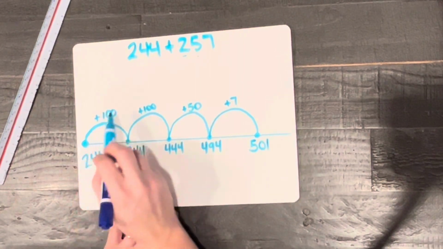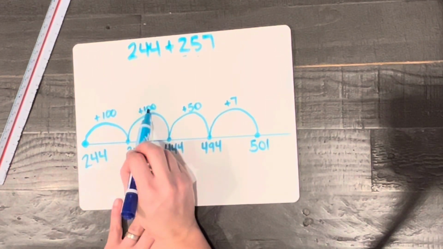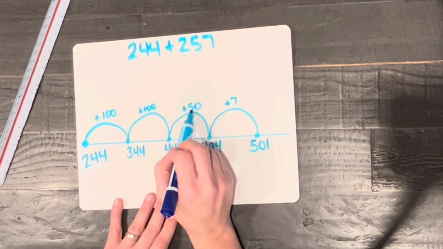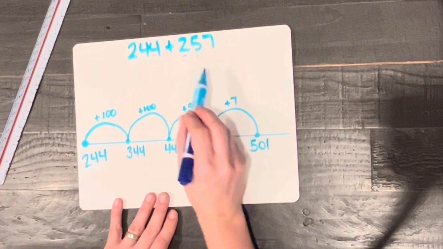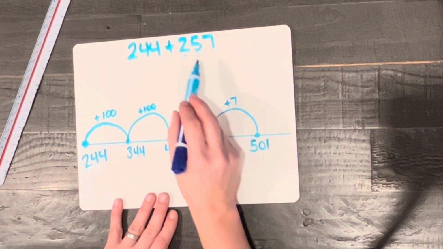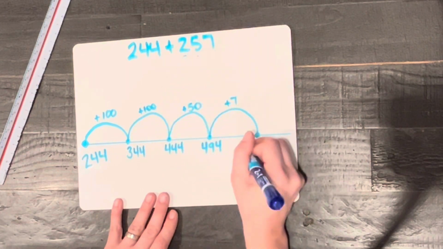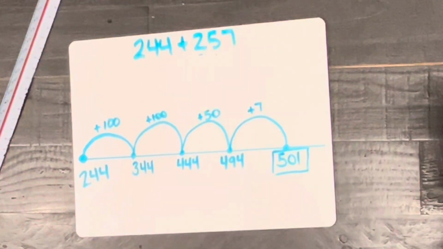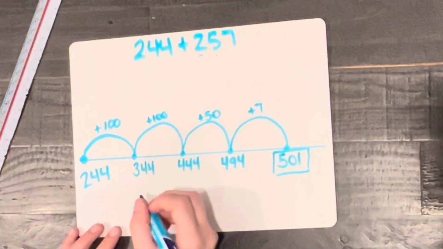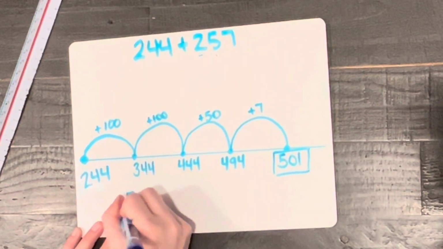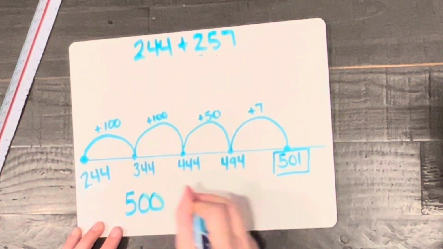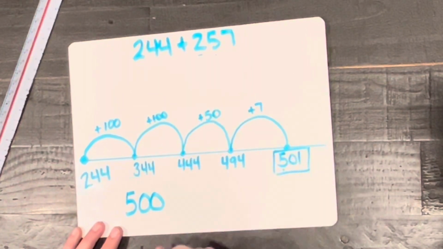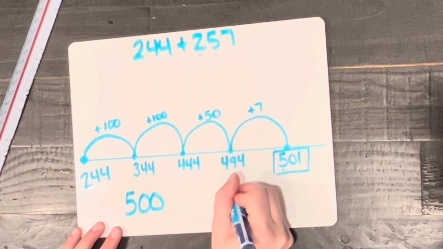And so then we know that 100 plus 100 is 200 plus 50 is 250 plus 7 is 257, which is this number, and then we get the answer. When we think back to my estimation, we know that it was 500 that I estimated, and the answer is 501, so our estimation was very close. It was only 1